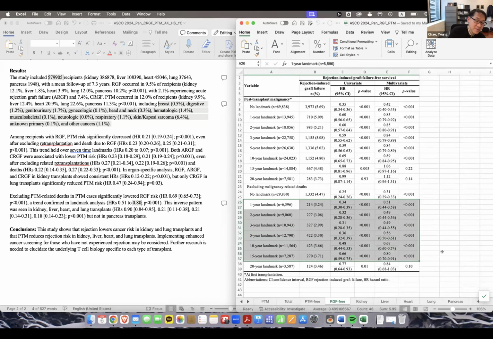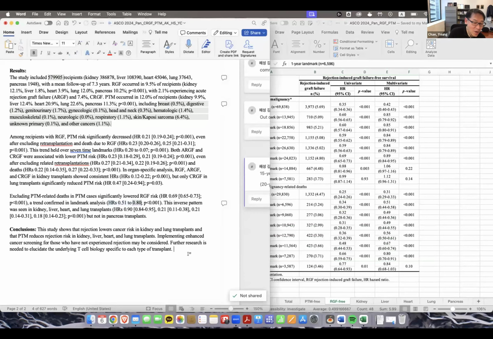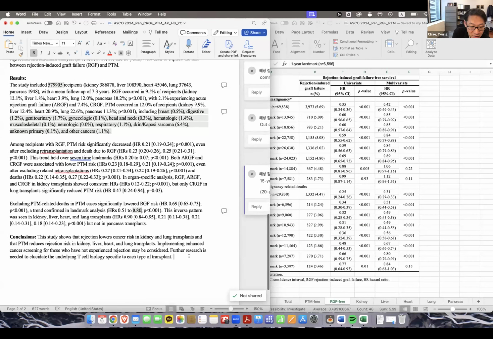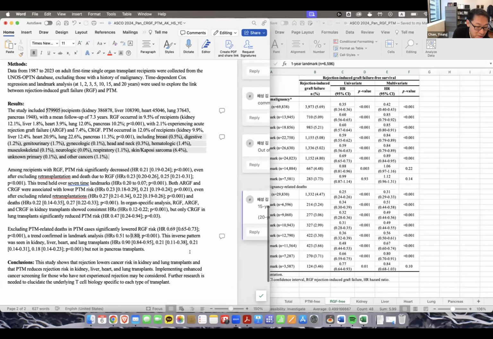I think it's fine because it's so much information, and it's hard to describe exactly what it is. Well, at least in the landmark, you can say the range of landmark you looked at, because I think at least you can do that.